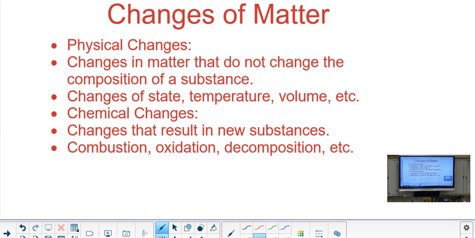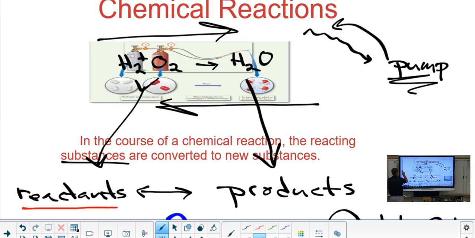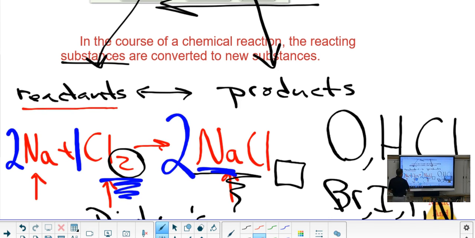All right. Chemical changes are what we care most about in this class, because this is AP Chemistry. So we'll study the reactions. These are just a couple of types of reactions: combustion, oxidation, decomposition, etc. You will learn all about these, so don't stress much about that yet. I should have added this to our language objective for today. 2 words that you will use a lot in this class are products and reactants.